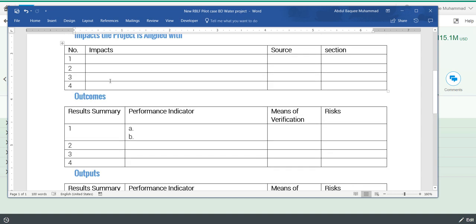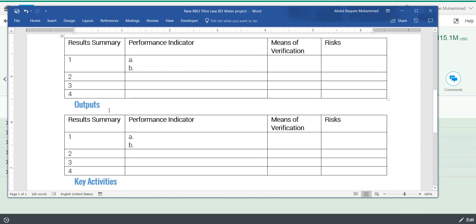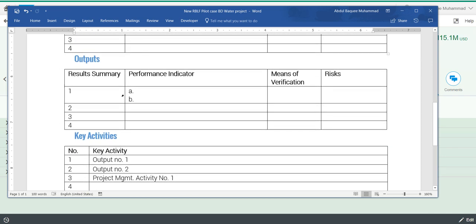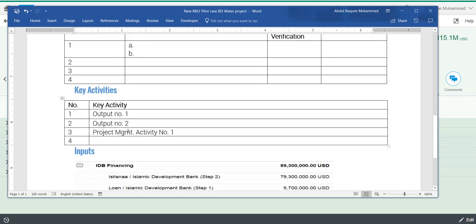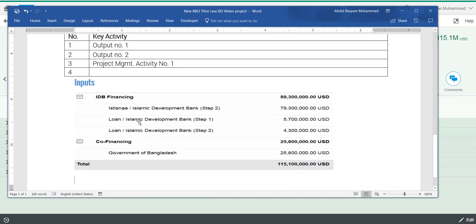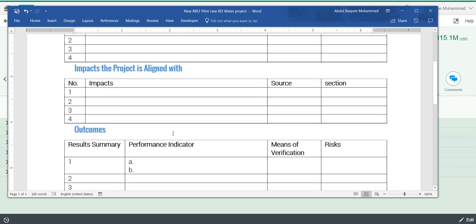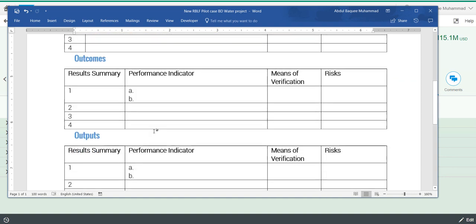These are the three things that we're going to start with in that sequence. And then I told you the key activities will be taken from the previous section, which is the outputs here. What you need to enter here, later on we'll see, is anything that is related to project management activity as a key activity; you can enter it in the OMS. And the input section, I just cut and pasted from that screen, so I don't have to manually enter it over here. So this is a basic template I think will be very helpful for you